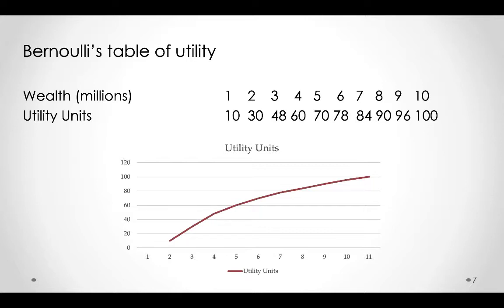So for the first million, you get some utility units. You see there's 10 utility units for the first million, then for the second million, 30, 48 for the third, and so on. And you can see if you already have 10 million, any additional million doesn't give you